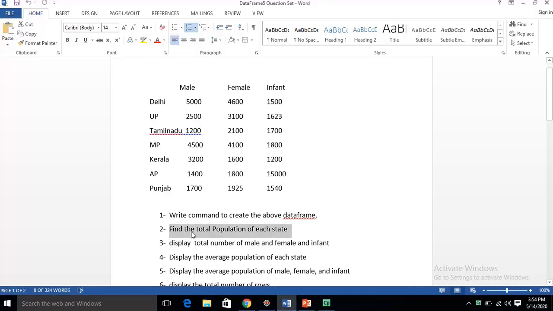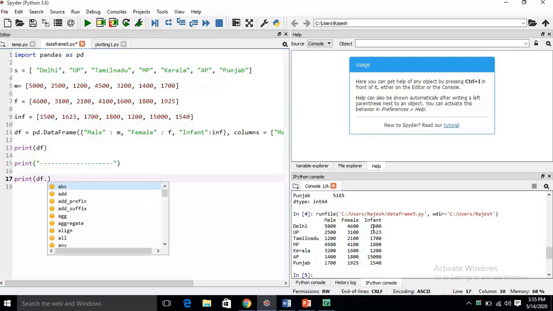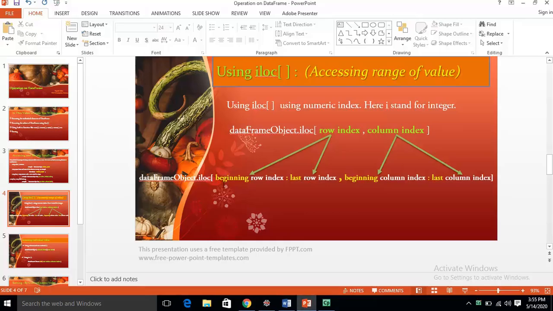Okay, the second question is find the total population of each state. For finding the population of each state, we have to get the sum of these three columns, and for this purpose we will use print df dot sum. But this time this sum is not alone, we will use some kind of parameter. What parameter am I going to use here, that you see,